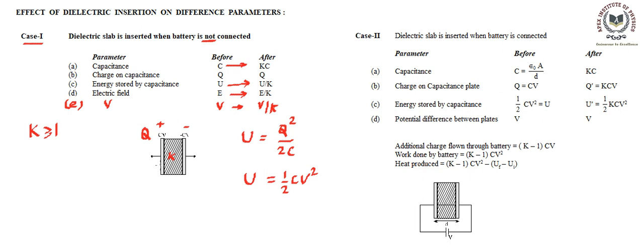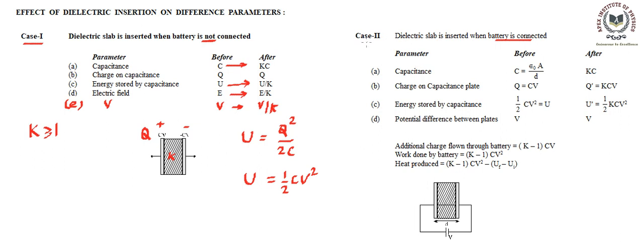E is decreasing, D remains same, so V is also decreasing. So these parameters we need to keep in mind, how they are changing when the battery is not connected and dielectric is being filled. Now our answer becomes different if we say that the battery is connected. So if battery is connected, then our answers will differ, and we need to see how the differences are coming.